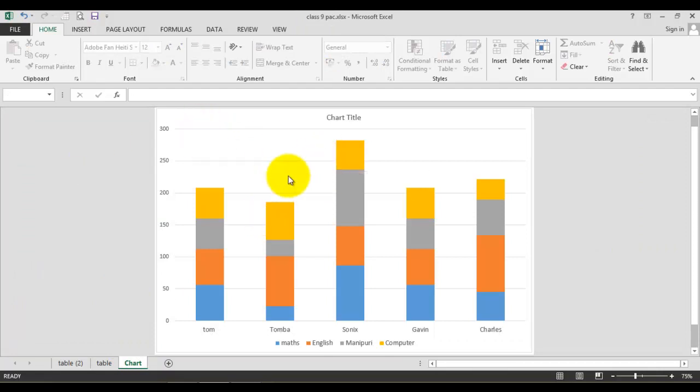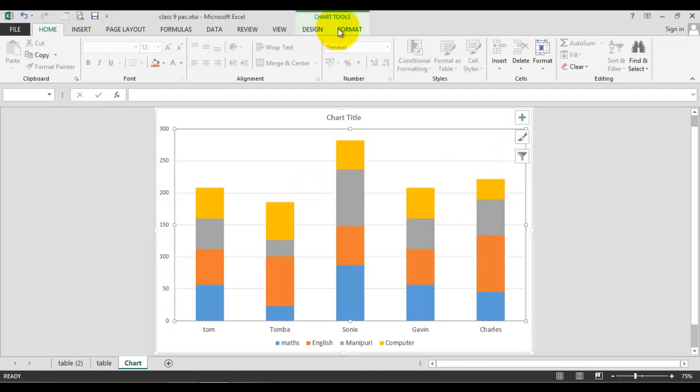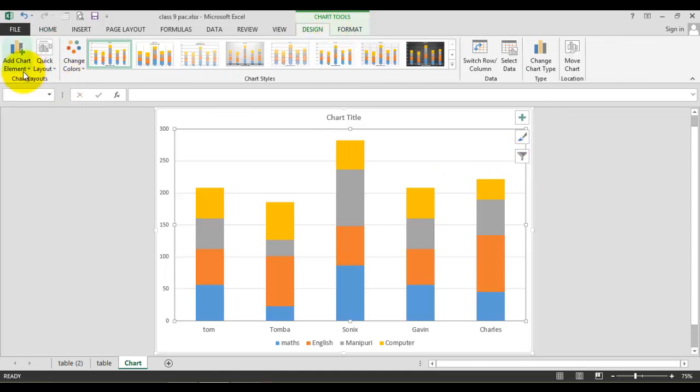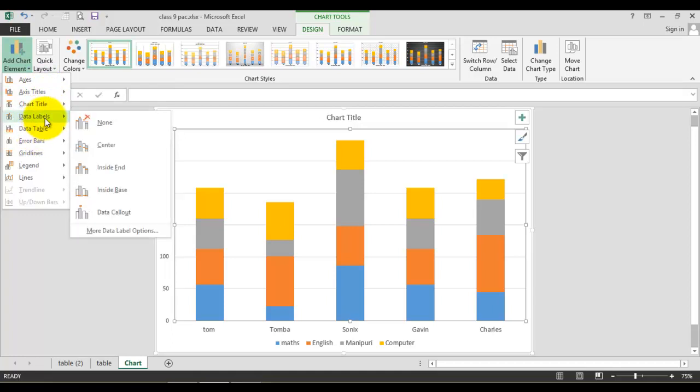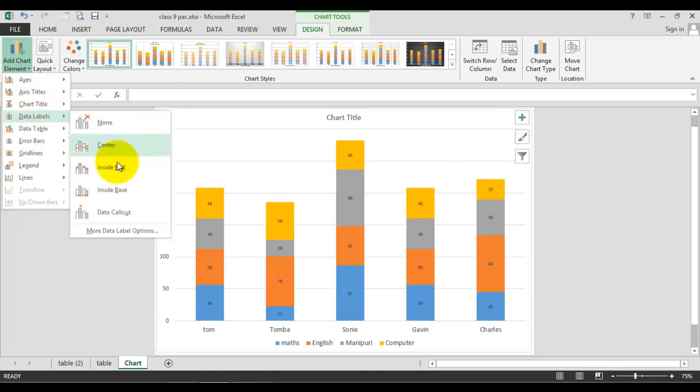And look here, if you want to change any element, if you want to add a data series, data label and all, here I don't have any data label, so I can add one. Select the chart. After that, go to design and add chart element. You can add it from here. Chart title, you can add it from here and remove it from this one. And data label: none, center, inside base,